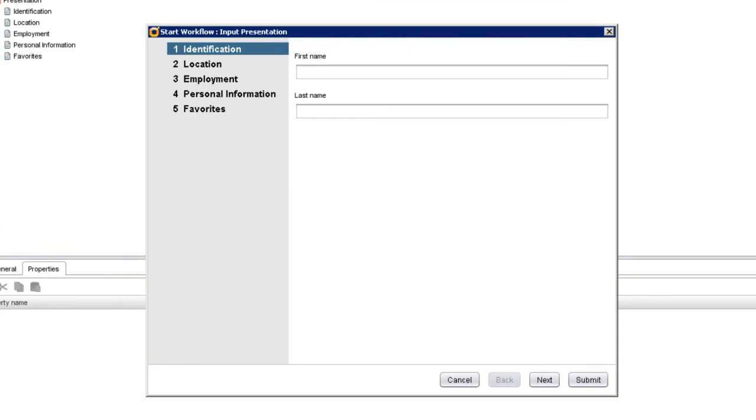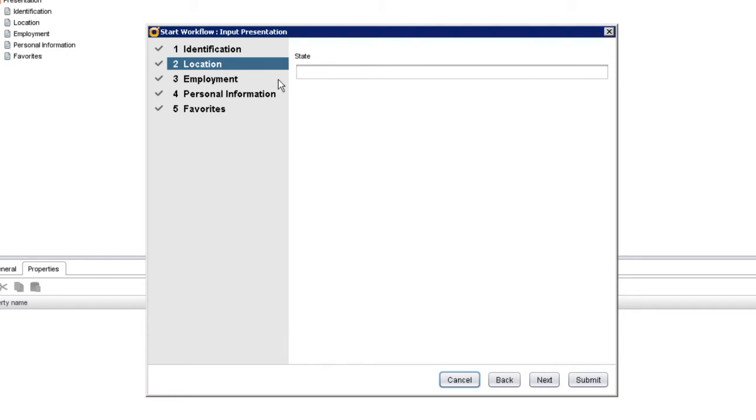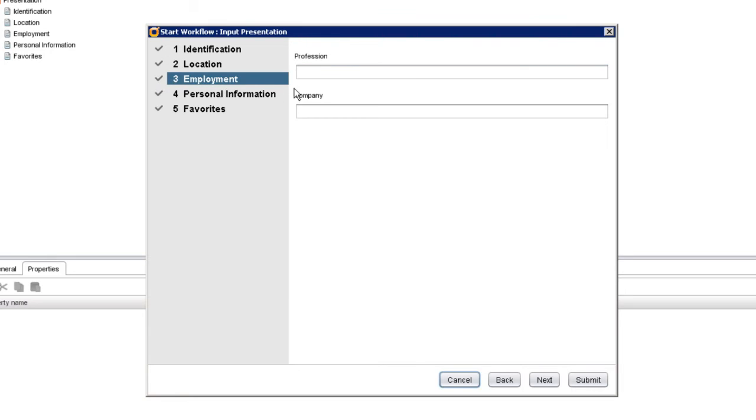This time when we run the workflow, notice that the steps I set up in the input presentation show up here in the input presentation wizard. And we can switch between the different sections by simply clicking on the different steps. Now the user's not overwhelmed with as much information. So now if the user types in their first name and last name and their location and what they do for a living, where they work,